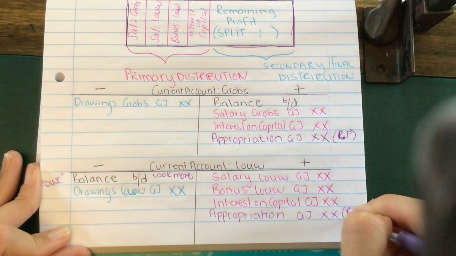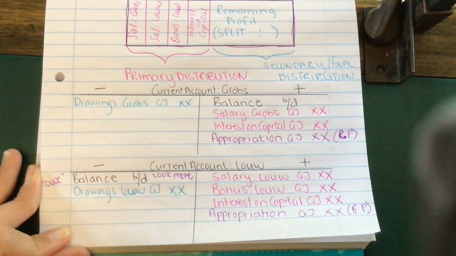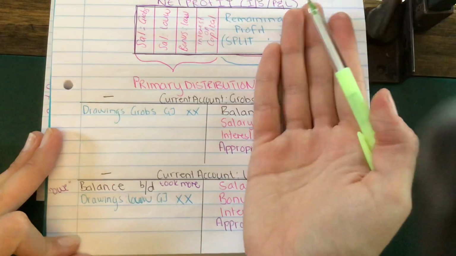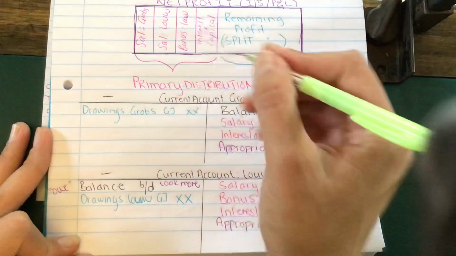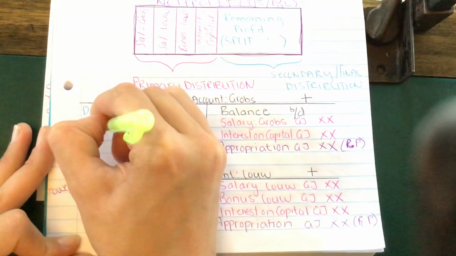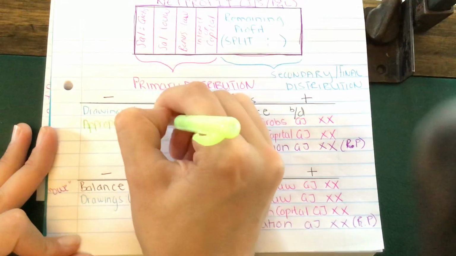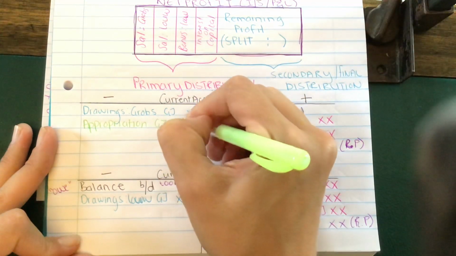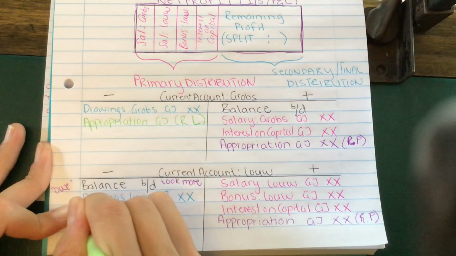Okay, remaining profit. But sometimes we can definitely get a loss where the business has made a loss. That means that the owners are liable for that, because there's unlimited liability for those of you doing business. So sometimes we can have appropriation on the debit side, appropriation, GJ, and this is a remaining loss, very important, remaining loss, and here,